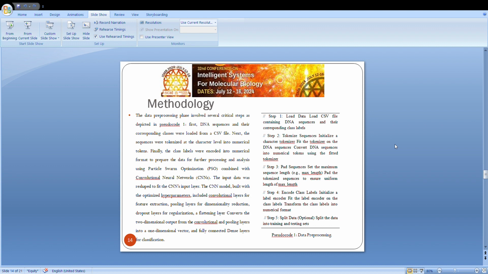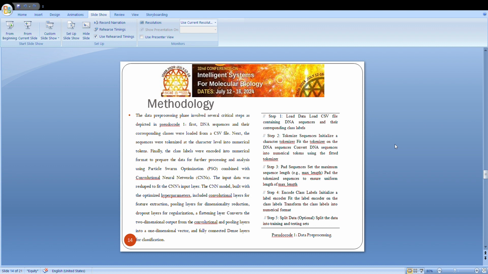The sequences were tokenized at character level into numerical tokens, and the numerical tokens were then padded to ensure uniformity across samples. Finally, the class labels were encoded into numerical format for further pre-processing and analyzing using our